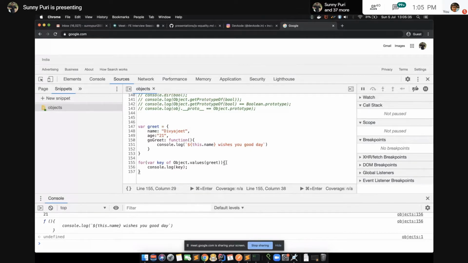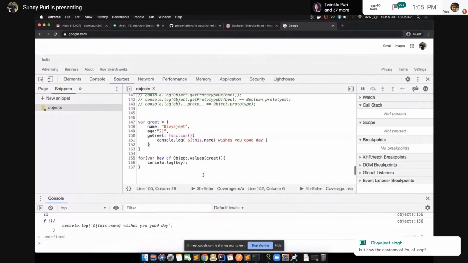Only keys will be iterable in case of for in. I thought you were asking about these not being iterables. This is clear. Usually we do it like this.